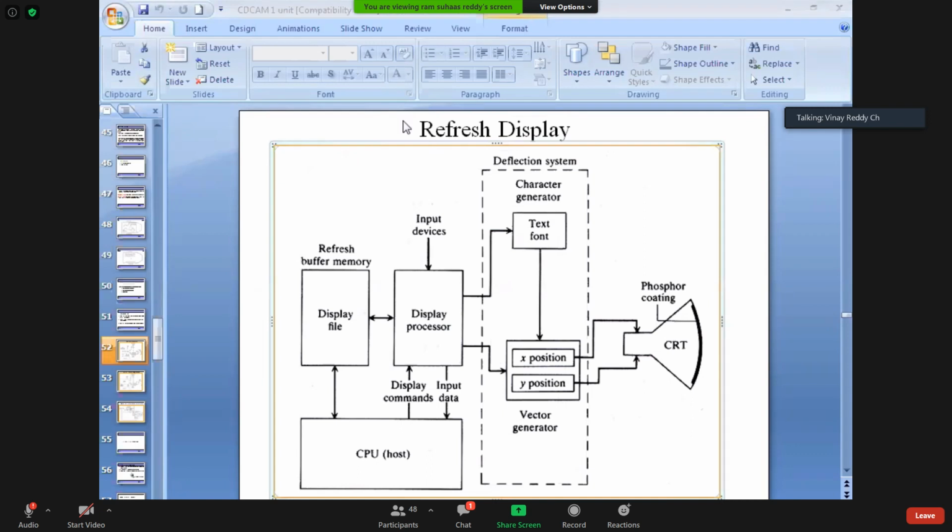Suppose normally you use it for 1 month or so, there are some temporary files stored in the CPU. Due to that, the system gets slow. How do you know the system gets slow? If you open a picture, it will open slowly. That means there will be some problem in the display. So every time all these temporary files and browsing data should be removed. These are normally stored in the RAM.